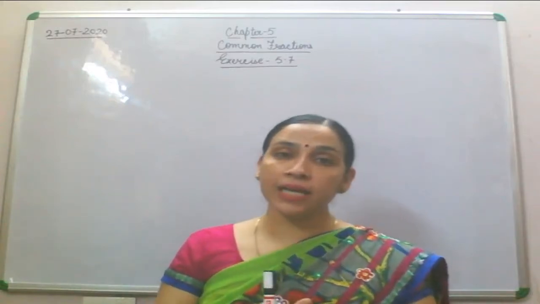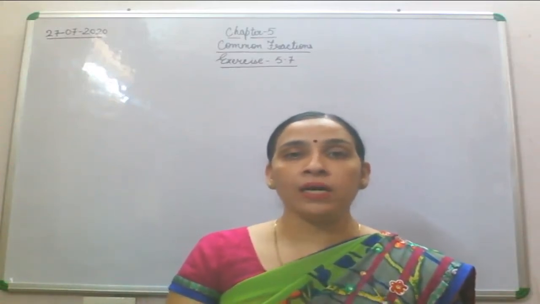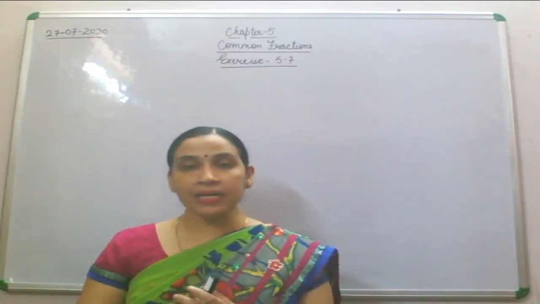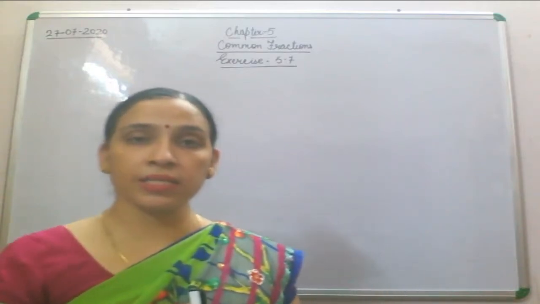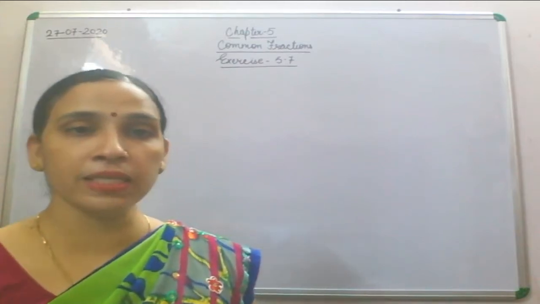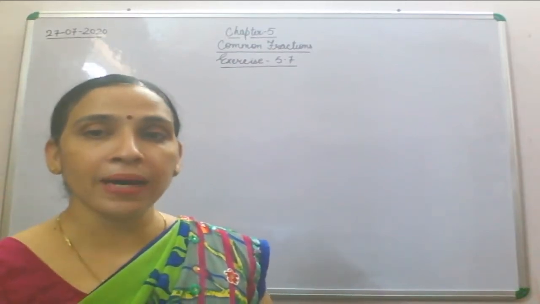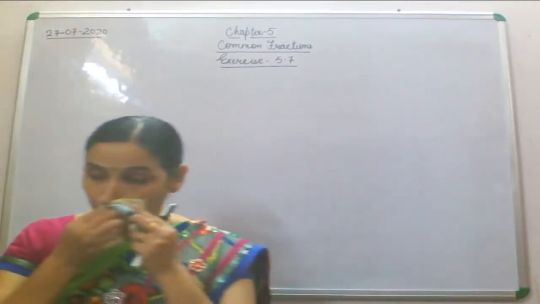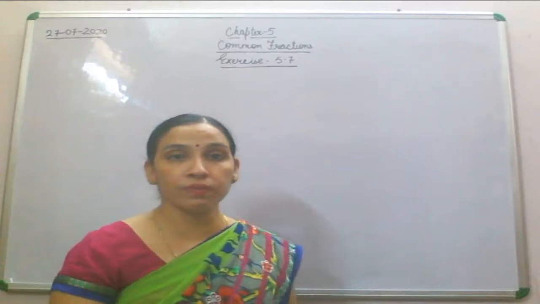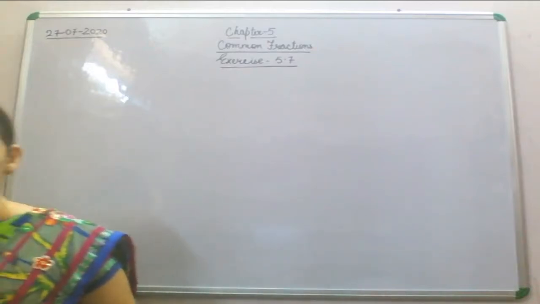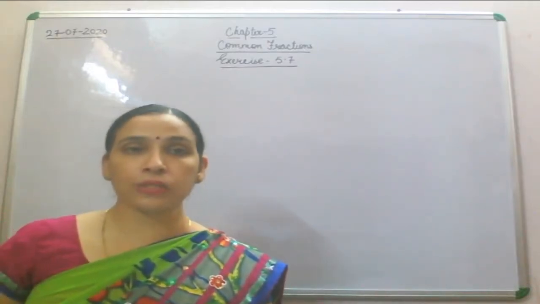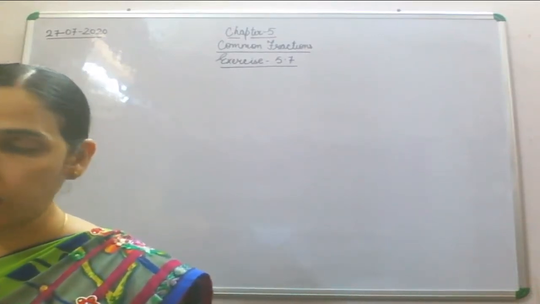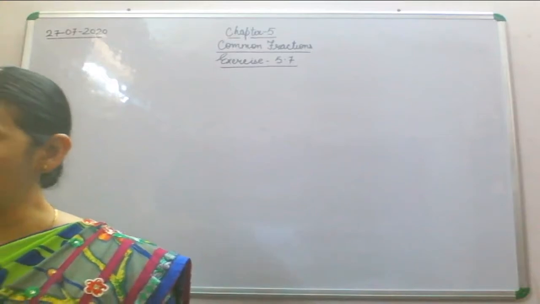Now from your exercise 5.7 you have to simplify the division problems. So let's simplify it. Simplify means you are finding the solution by simplifying it, and in this you are also going to reduce the fraction. So reducing of fractions we will also do. So let's start. Our first question is 1/3. Now the question is simplify.